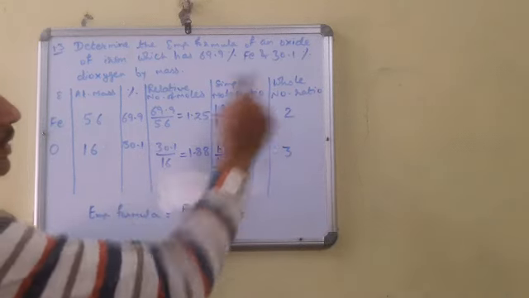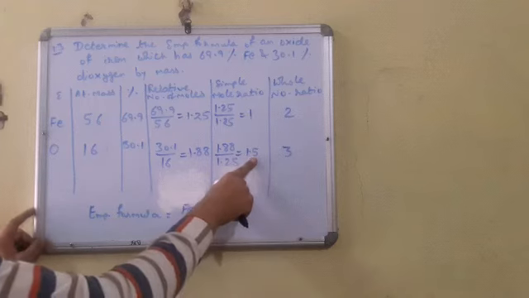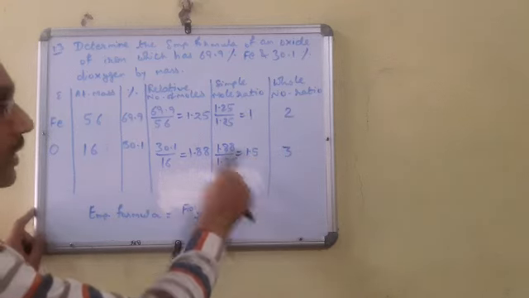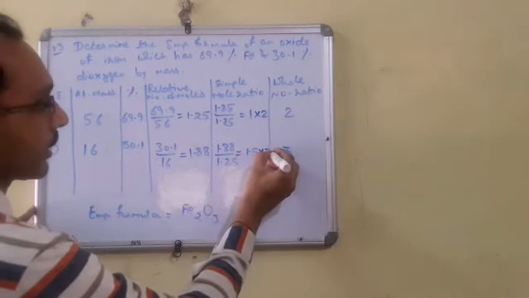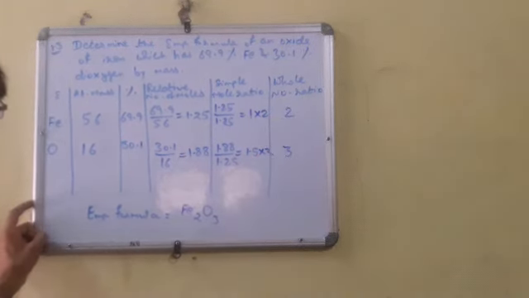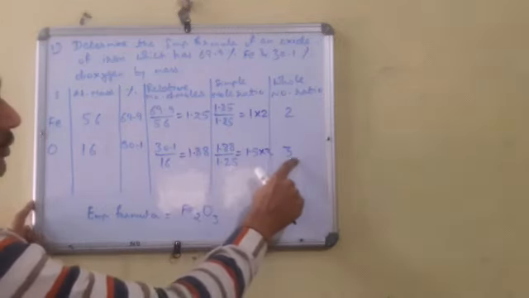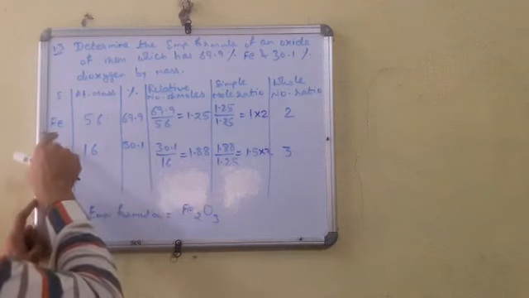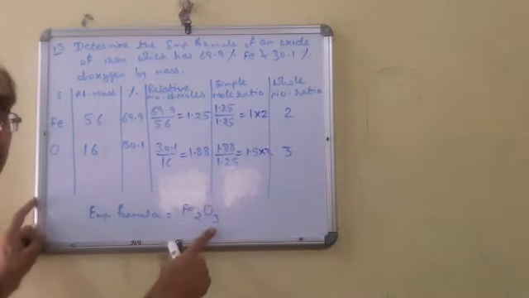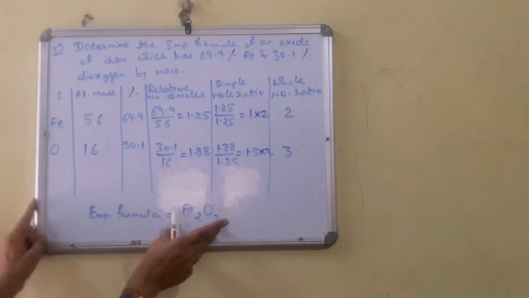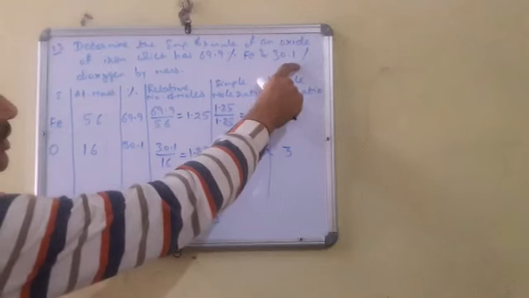Now we have to write the whole number ratio. How do we convert to a whole number ratio? Now it is 0.5. It is neither less than 0.5 nor more than 0.5, it is exactly 0.5. So we will multiply it by 2, and here also we will multiply by 2, so that it can easily be rounded off to a whole number. So iron becomes 2 ones are 2, and here 1.5 into 2 becomes 3. In that case the formula will be Fe2O3. This is an oxide of iron, that is ferric oxide. So this is the empirical formula if the percentage of iron is 69.9 and oxygen is 30.1.